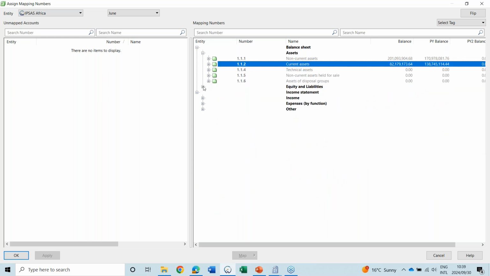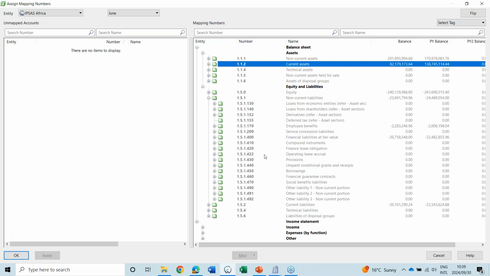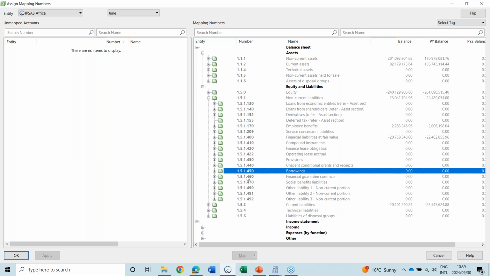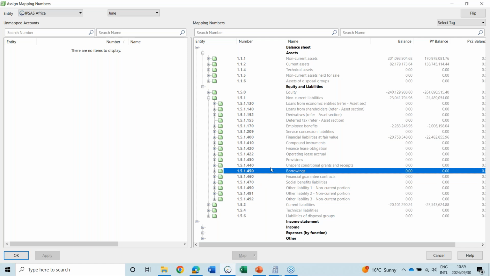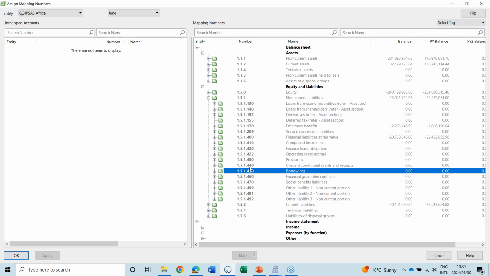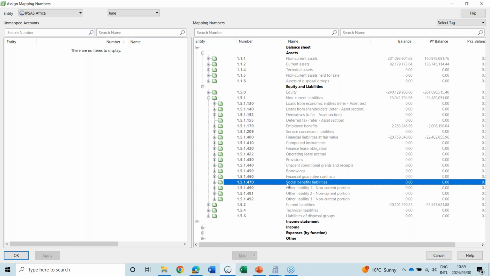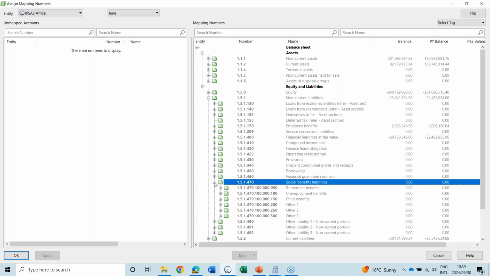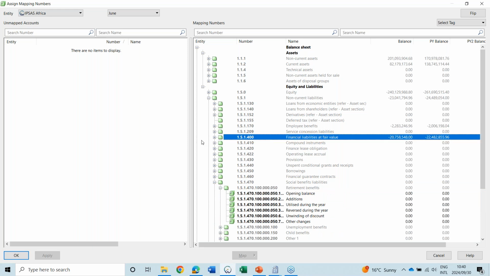Then on the equity and liability side, you would see the borrowings, and you can see the ranges are important because we have specific ranges, this 440 and 450 range, for our financial instruments. We also updated a new range for the social benefit liabilities,